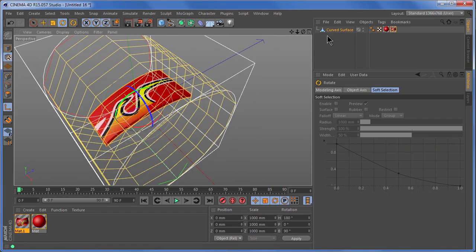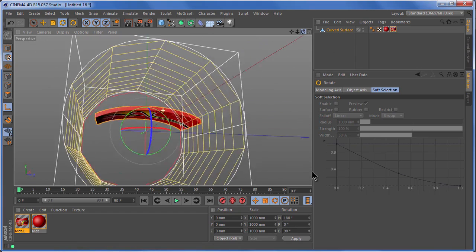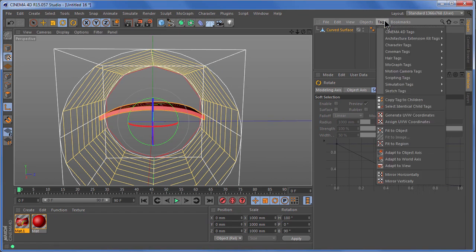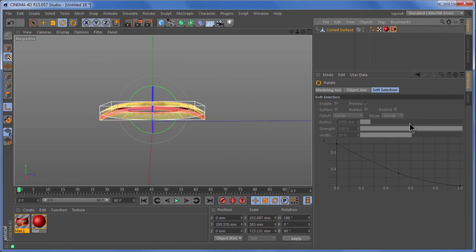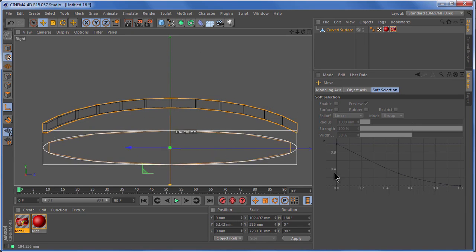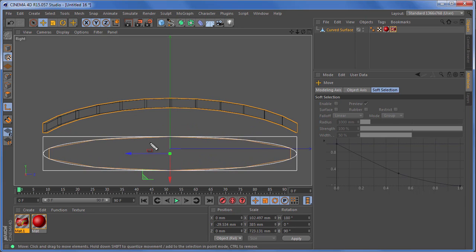Then I'll do a fit to object. What I need to do is get that envelope, that sort of circular shape, to match the curvature of my object. But I'll start by doing a fit to object, come to a side view, F3. Okay, so I'm just going to move it down. So I need to get the curvature